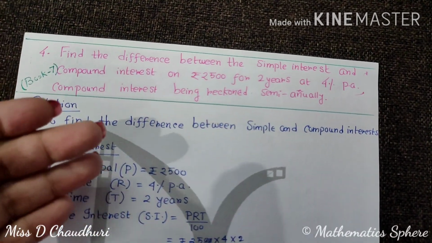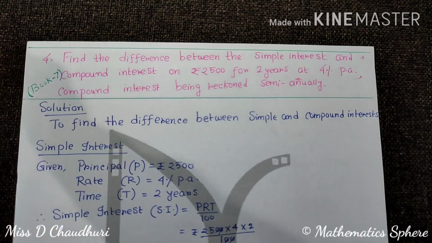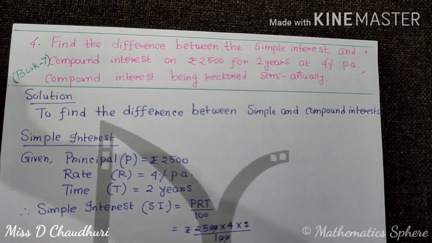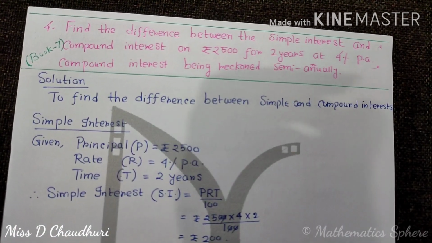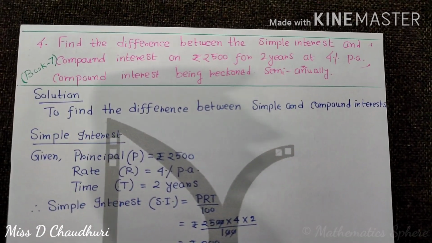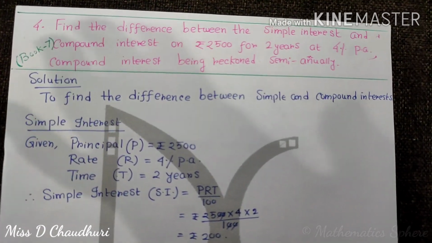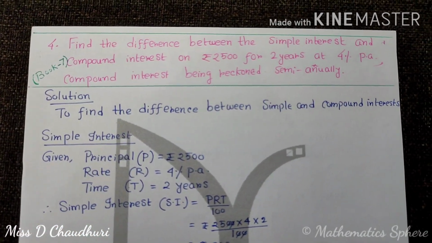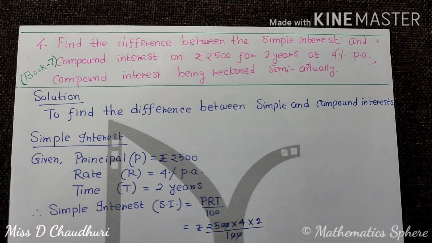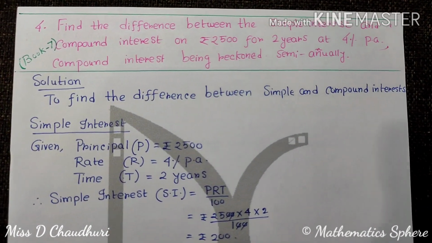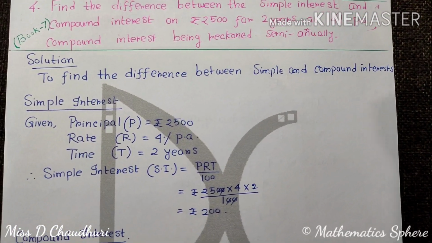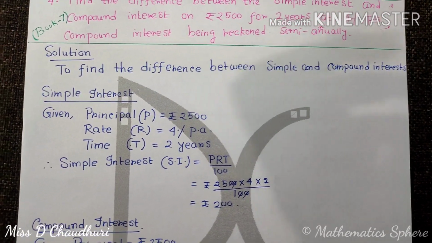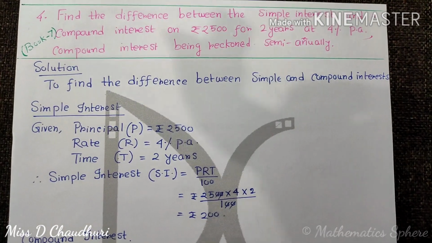What you will do, you will find the simple interest separately, and like the previous questions you are going to find the compound interest separately. Now what the question will ask, I don't know. The question can tell that the compound interest will be calculated quarterly, annually, semi-annually. You need to be careful about that and calculate in that way. Okay, so in this question I have chosen this question because it is given in semi-annual pattern. So they have told that the simple interest is to be found and the compound interest is to be reckoned semi-annually. See, in case of simple interest there is nothing to do. In simple interest we will just put all the values and get the answer. No, we need not be tensed about it being calculated half yearly, annually or whatever.